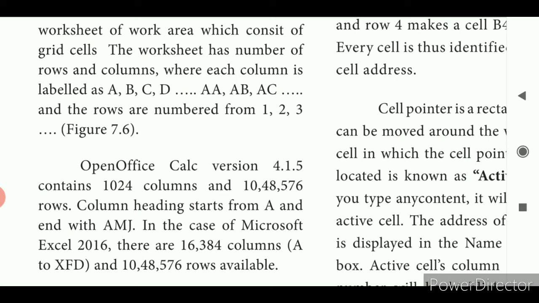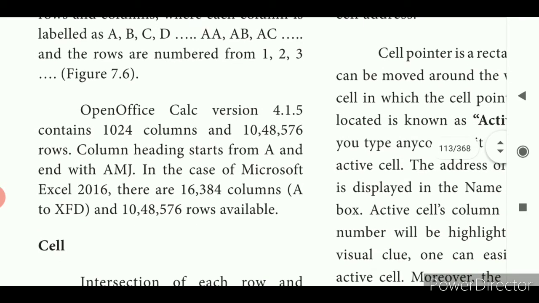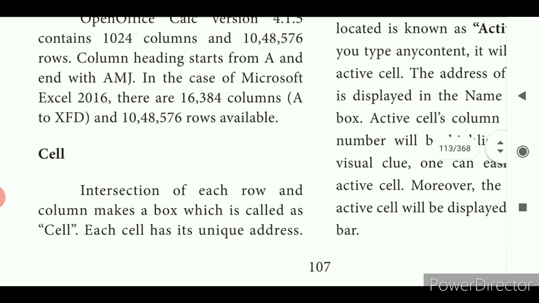Column headings start from A and end with AMJ. In case of Microsoft Excel, how many columns do we have? 16,384 columns, starting with A and ending with XFD. And the rows are the same, 10,48,576.